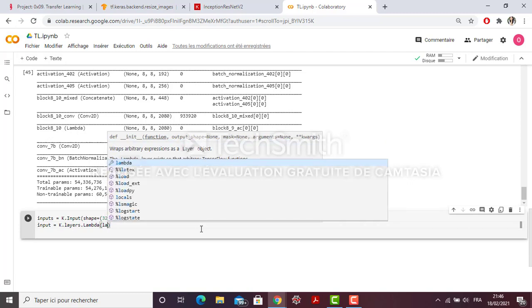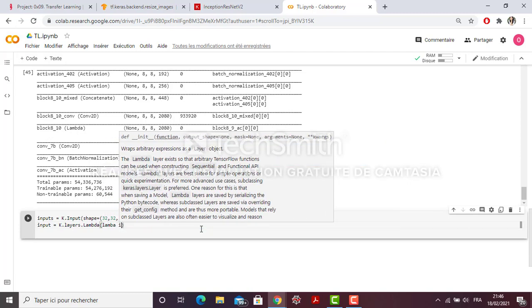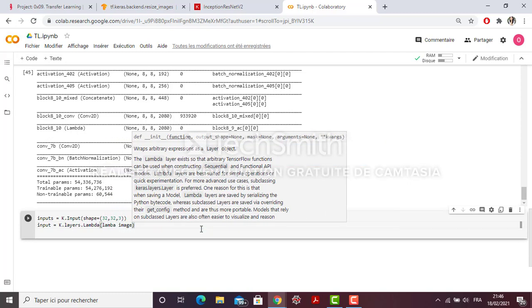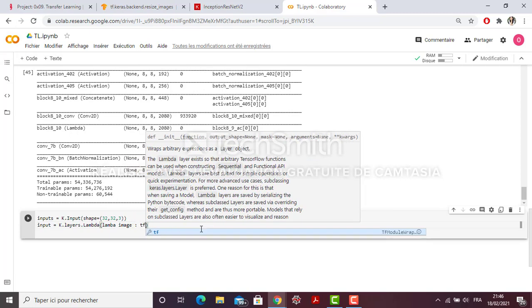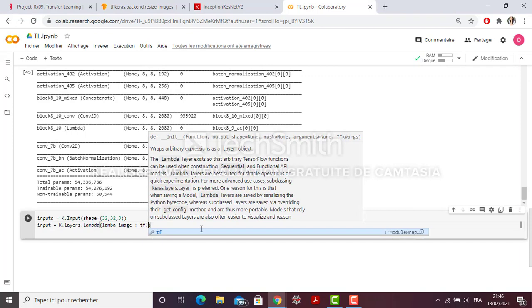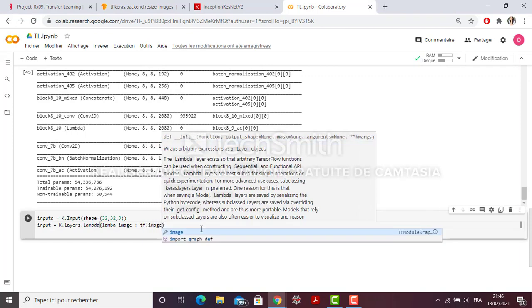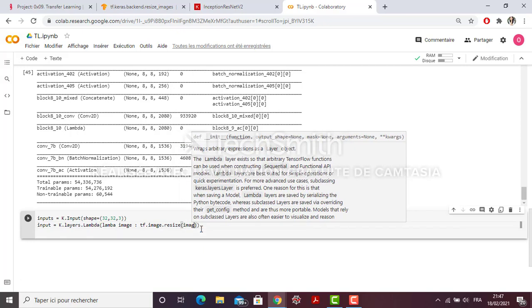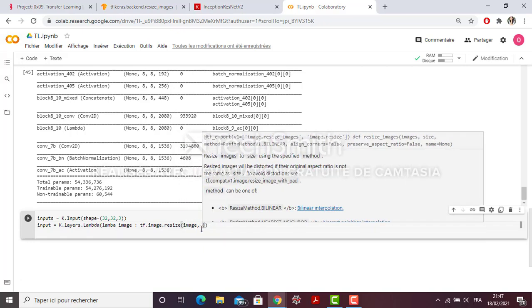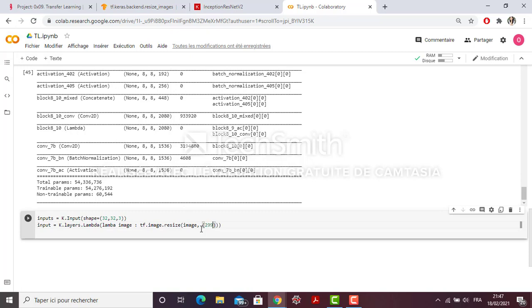and for each image, let me call it image, it will apply the function from TensorFlow called resize. So it's image.resize. It will have the image that I want to resize, and then the new shape that you want.